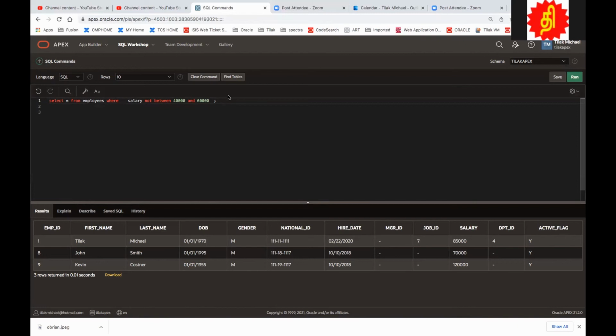In Java, anything basically says manager ID equal to null. That makes sense, am I right? But unfortunately, in SQL they don't say equal; instead they say IS NULL.